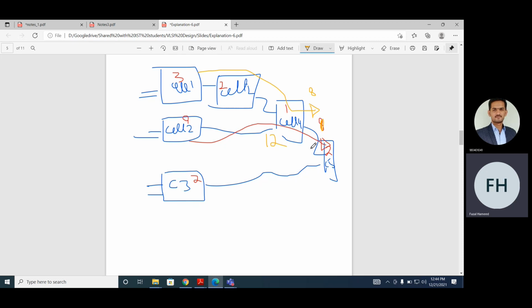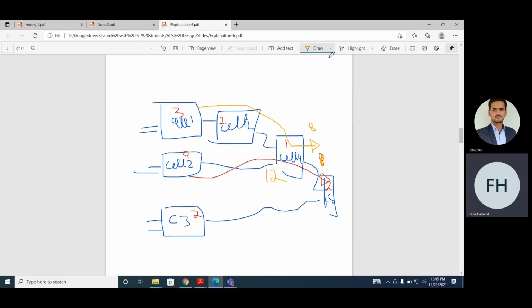delay of each individual cell, but now once we estimated the delay, this delay is only the delay of that cell or that component. But when we connect different components together, we not only have to consider the delay of that particular cell, but also how close they are placed together. So actually, if you calculate the delay, now if you say that we are placing cell 2 and cell 4 closer to each other in order to reduce the routing delay, maybe so now in this case, now the